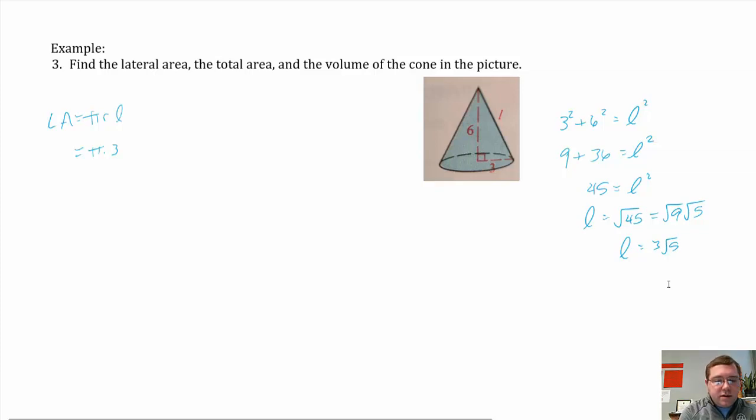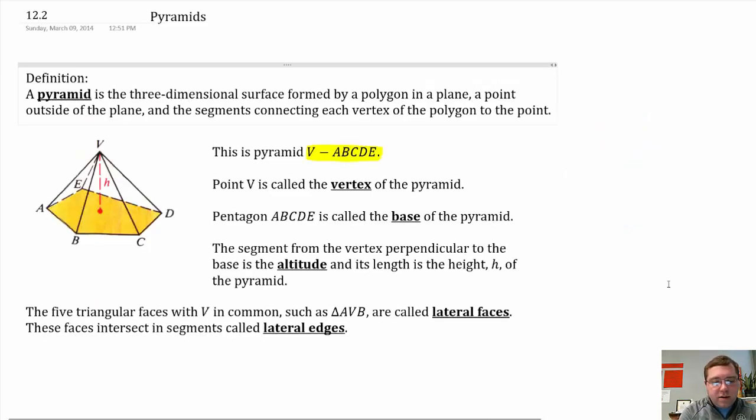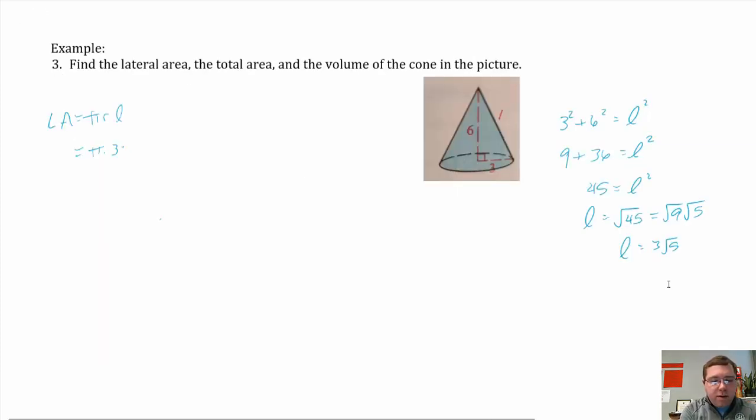So now we can use that in our formula for the lateral area. We've got pi times 3 radical 5. Multiply together the 3's to make 9 pi radical 5, which is the cleanest way to write it, to write the pi in between the whole number and the radical. There's the lateral area. The total area takes the lateral area, 9 pi radical 5, and adds to it the